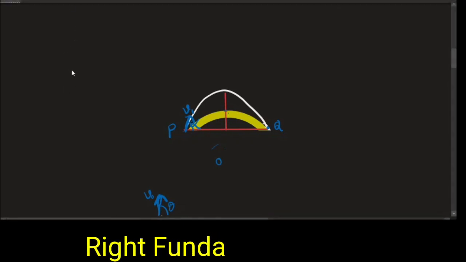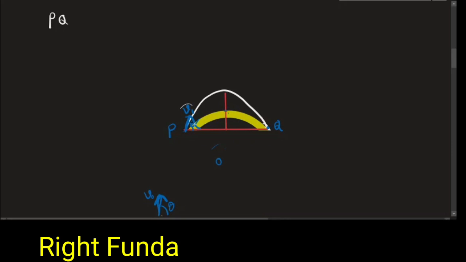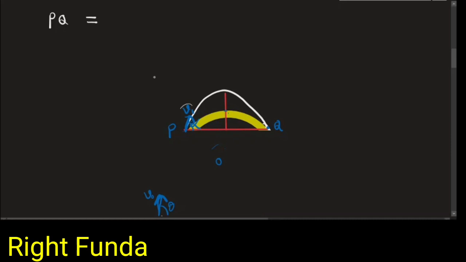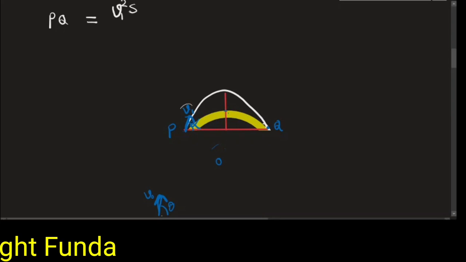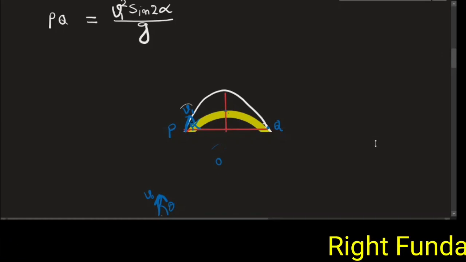So what is my range? PQ is my range, from here to here. If the initial speed is v1 and the initial angular position is alpha, okay, this PQ, the formula for the range is equal to v1 square sine 2 alpha by g. The time of flight into the horizontal component of velocity is the range. This PQ is there, it started from here, it goes like this, this length is there. And I want to see what this range PQ is in terms of the quantities given.